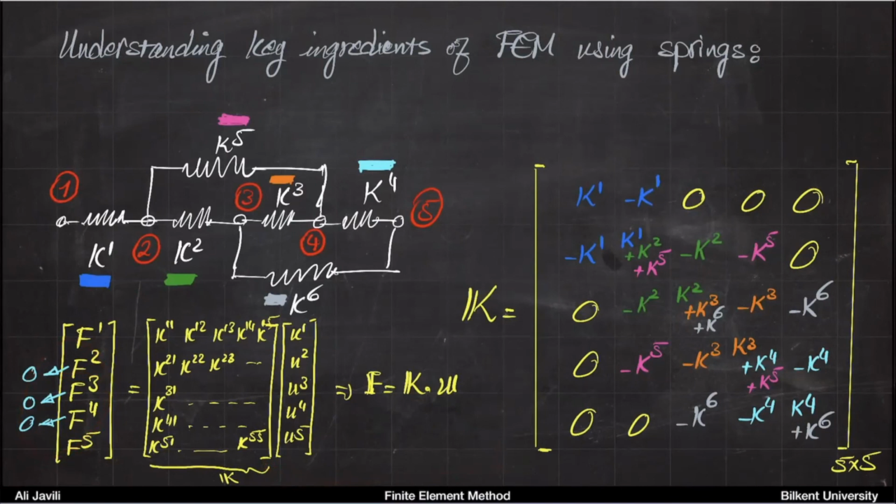But we want to simplify this. Let's now simplify this for a case that all the K's are identical. They are all 1. So let's say K1 equals K2 equals K3 equals K4 equals K5 equals K6 equals 1. So we want to do the simplification to just be able to solve this problem. And if you do that,